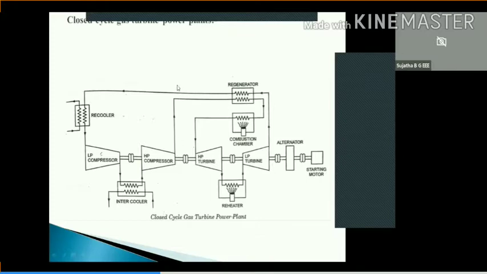Similarly, here it is again recooled and it can be fed to the low pressure compressor. So again we have an intercooler placed between the high pressure and low pressure compressor, and also we have a reheater. See here, the reheater: after the exhaust gases come out of the turbine which is running the alternator, this heat can be extracted and fed back. So we have in this closed system the feedback path. That's why it is called a closed system.